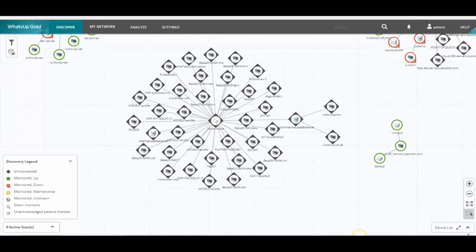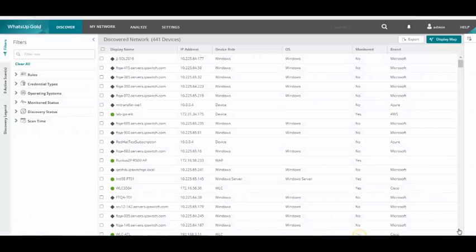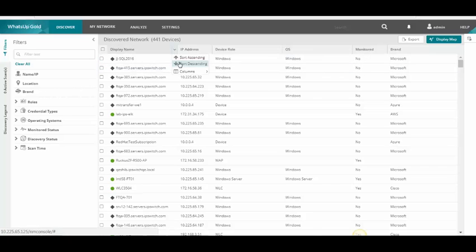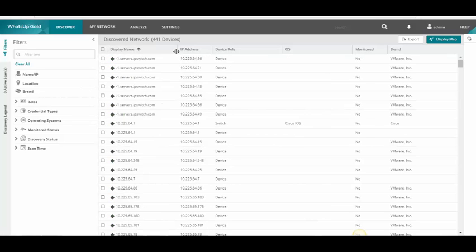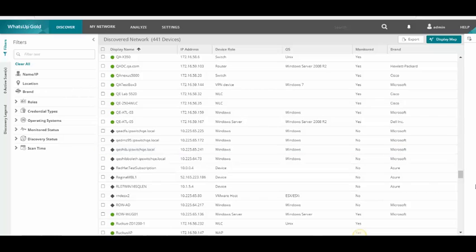We're also going to provide this information in a list-based view if you prefer to look at it that way. Again, you can sort by whether those devices are monitored, by device type, or by header. Any of the list-based views in WhatsUp Gold are sortable just by clicking the top and sorting them in whatever way makes sense to you. Once the devices are discovered, we will be able to bring them in for monitoring. As I showed you, you'll just select Start Update Monitoring.